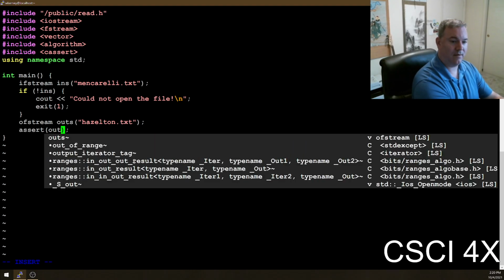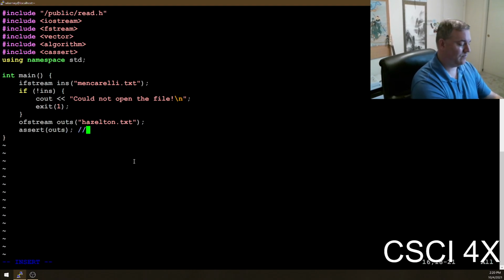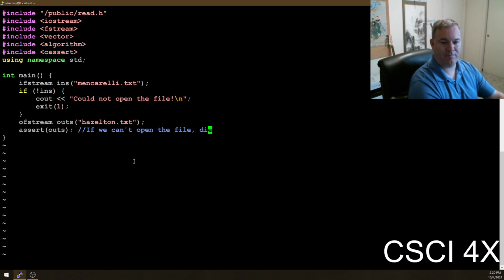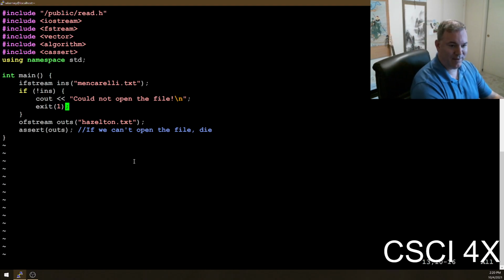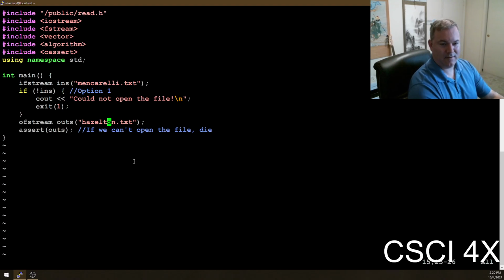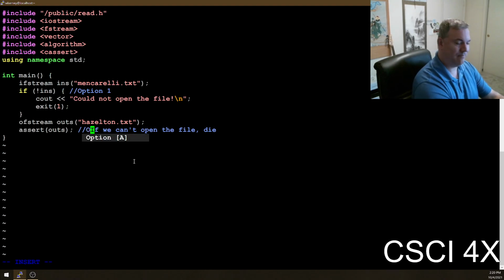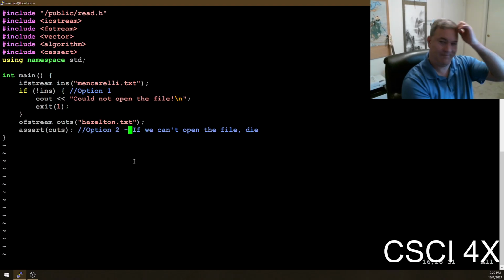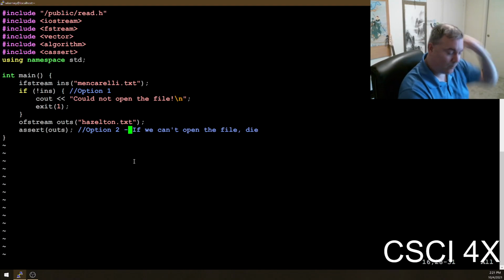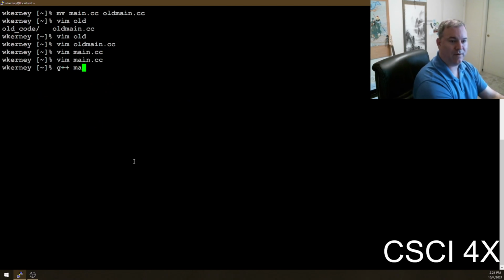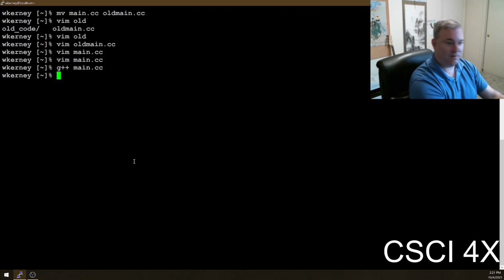I'll use the first option for the input stream, and the second option for the second one. So you can have both options there. Now, what is this going to look like? g++ main.cc. So if we run it, everything worked fine.